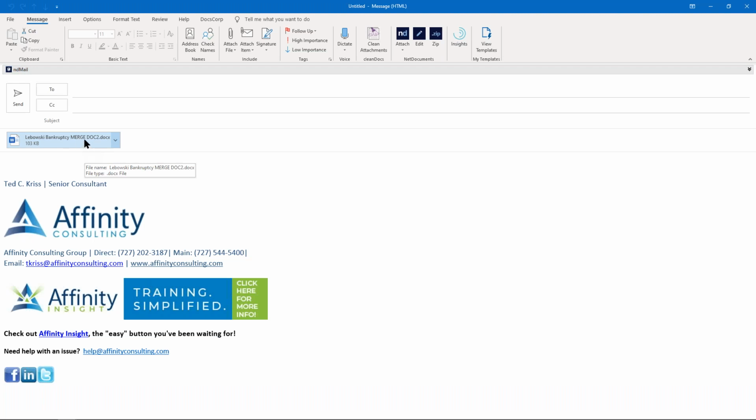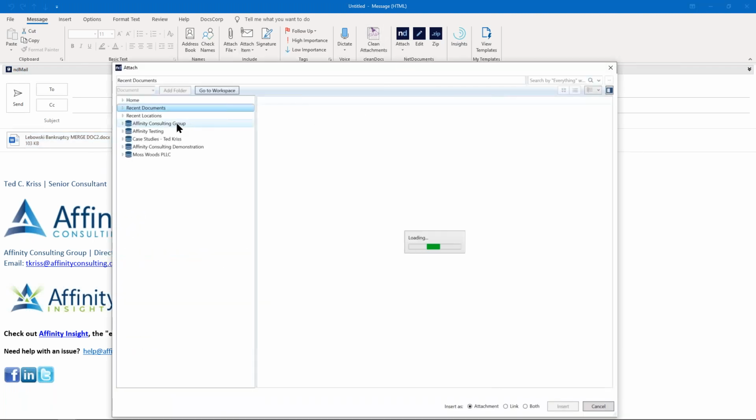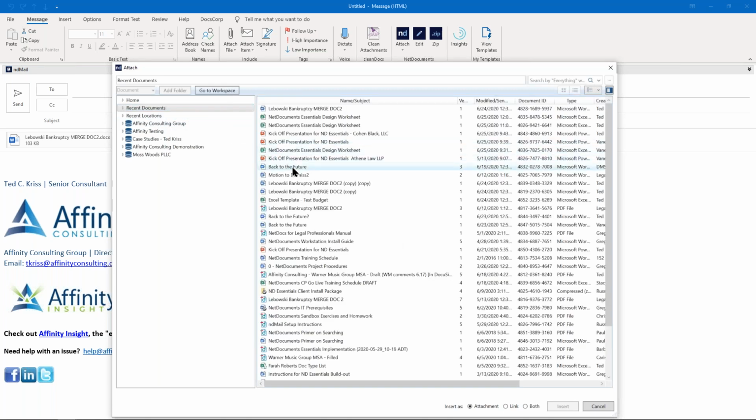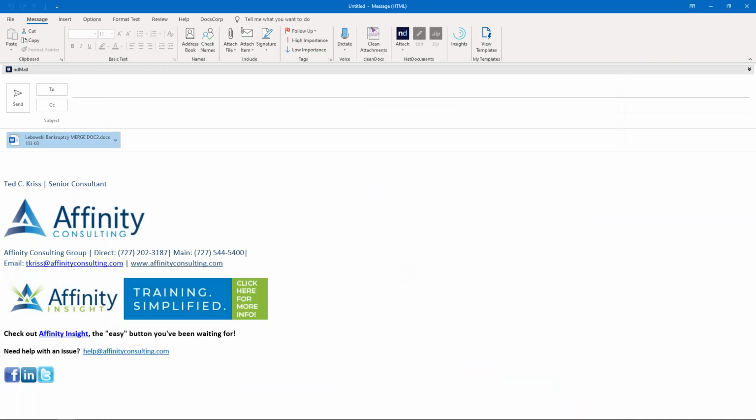And so we have our document attached here. I'm also going to come in here one more time, and we're just going to attach some additional documents so we can see how it'll handle some additional information. Let's just say I'm going to add in my test budget. I'll add in another Word document right here, and we'll insert those into our email. And we're going to let our metadata scrubber help us out.